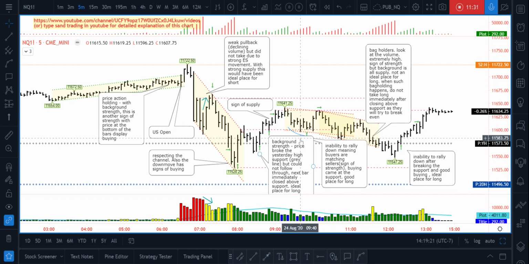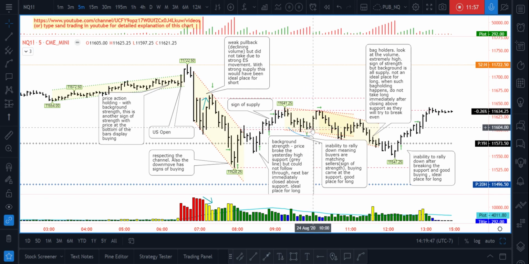And so you can see this bar has slight popping volume, meaning that buyers came up and then pushed it up, right? And so this is where it took a long. You can take a long because you have a structural thing. You have a resistance here. Touch one, another place where buyers put itself, another place where buyers put itself. So three times we have these strong touch points, right? So this is where you can take a long.